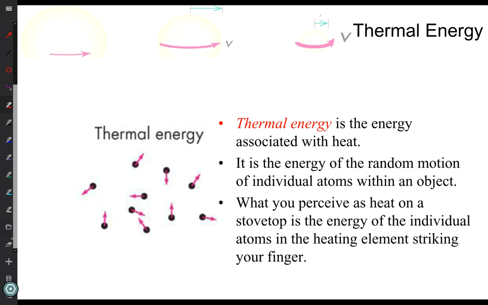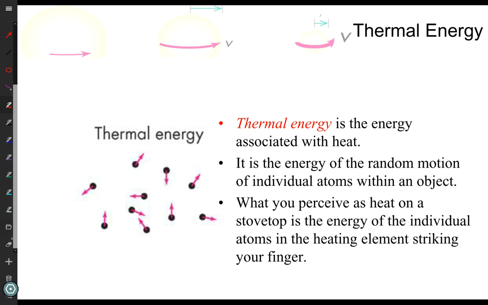We also have thermal energy. That's the energy that something has because it's hot. Of course, if you get down to the nitty-gritty, I said that temperature is a measurement telling us about the average speed of the molecules. In fact, if you want to be even more precise, the temperature tells you the average kinetic energy. That's what the temperature tells you. And so when we talk about the temperature, we're giving you information about the average kinetic energy of the molecules, and we call that average kinetic energy of the molecules the thermal energy.